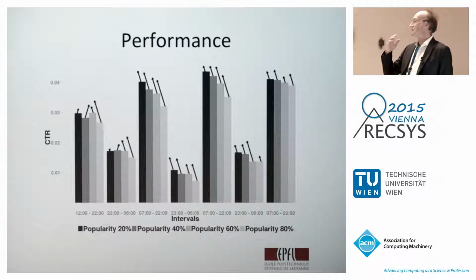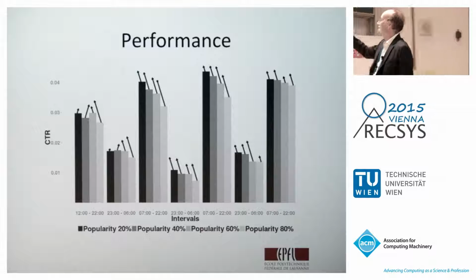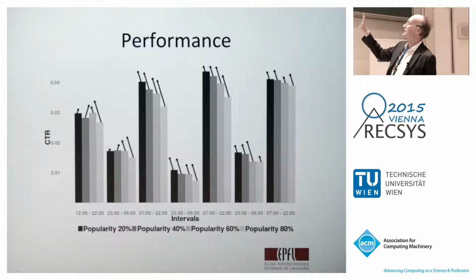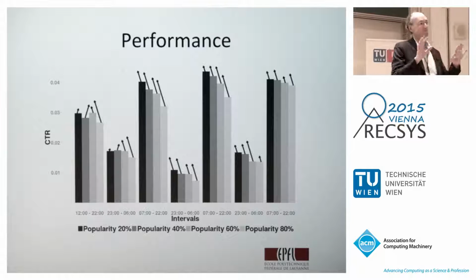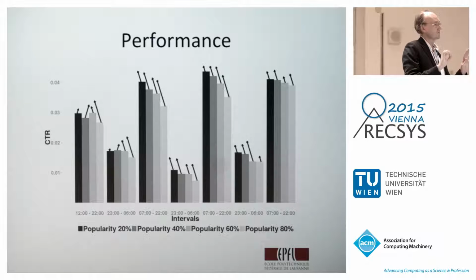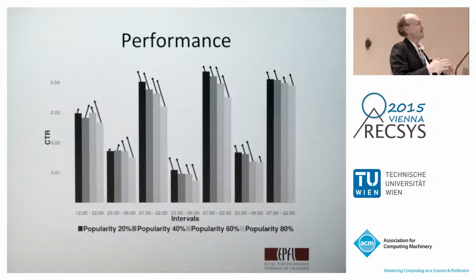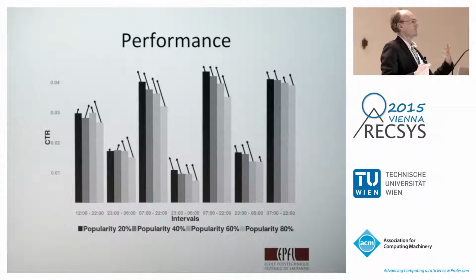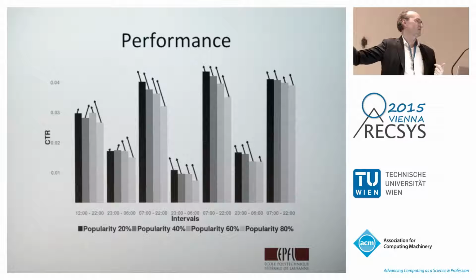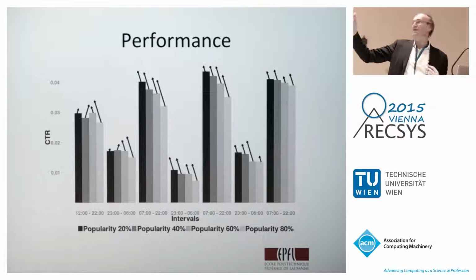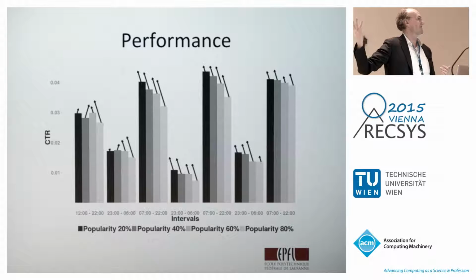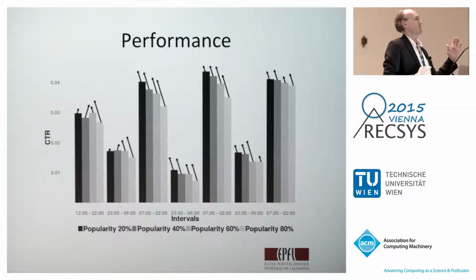Actually, what this shows, just to be clear, is that we're not talking here about how popular the recommended article is. It's just that we have a mix of 2 recommender algorithms. One of them is the context tree, and the other one is a pure popularity ranking, where you recommend the most popular ones. When we rank the recommendations, we mix the popularity score with the context tree score with a certain ratio. So that's what this shows here. It's basically just the tuning parameter of the algorithm.